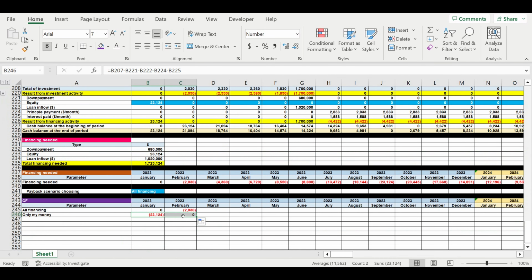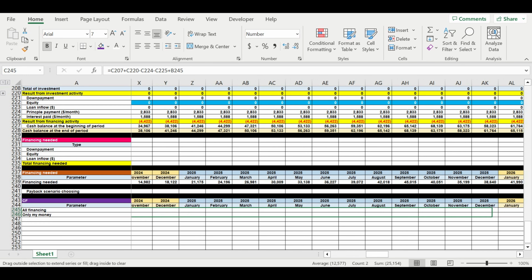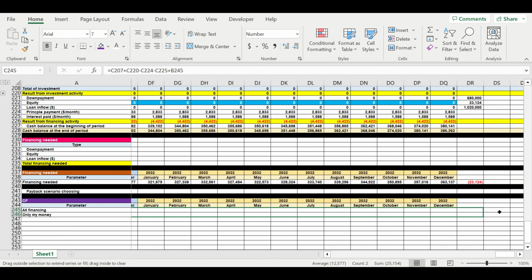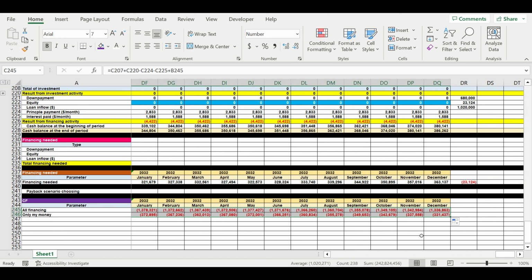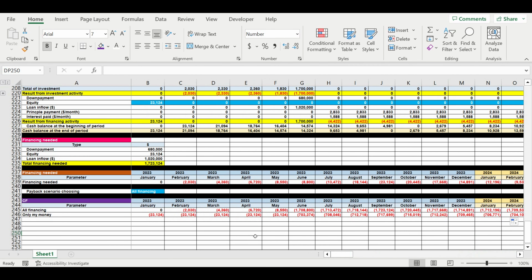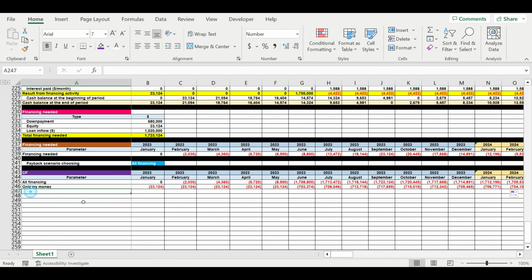Then I'm extrapolating this formula to the right, then I'm making this line cumulative, then I'm pressing enter, and what I need to do next, I will create the line and call it chosen payback period scenario,